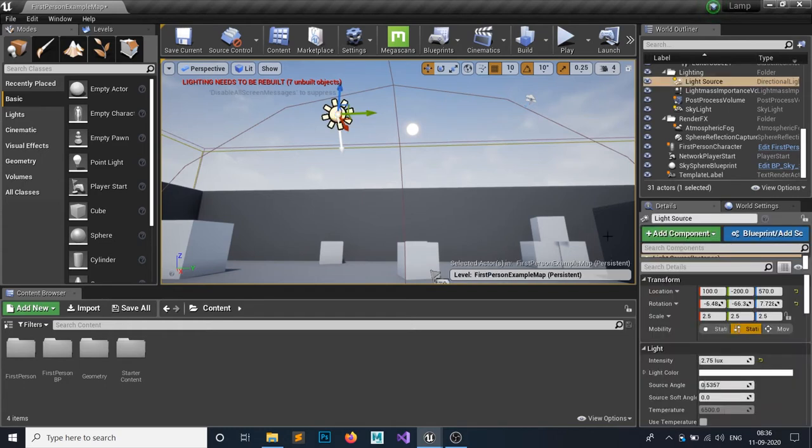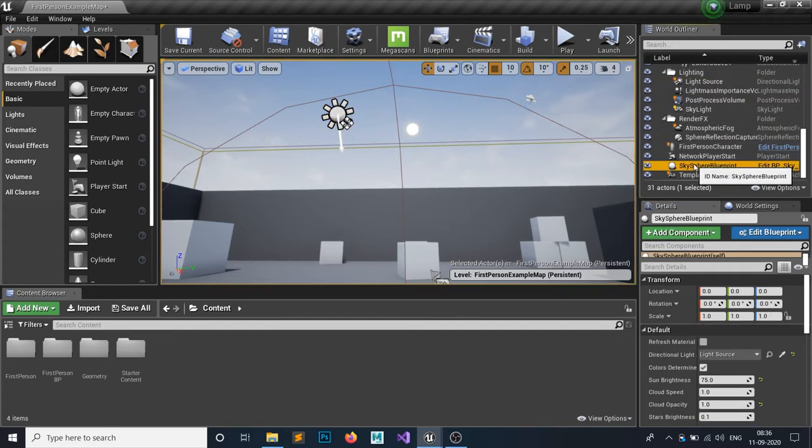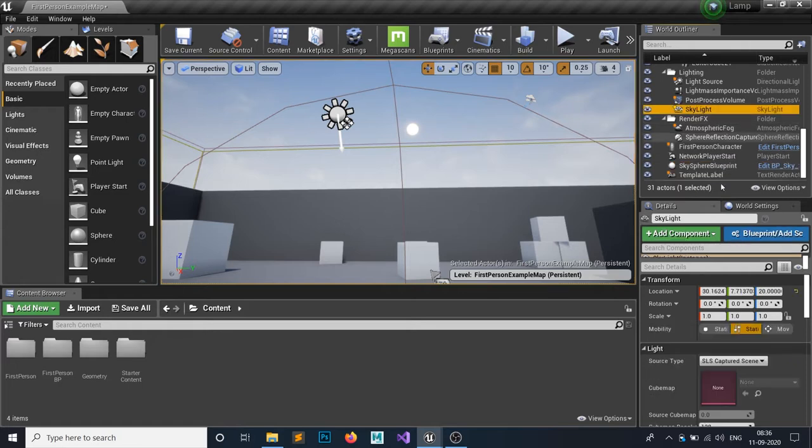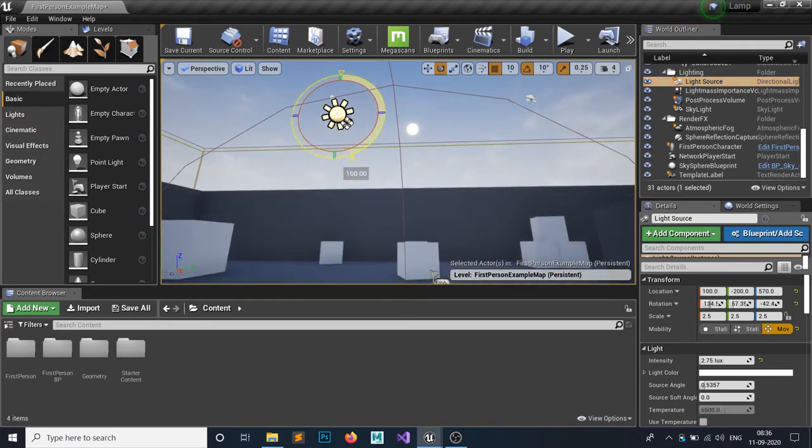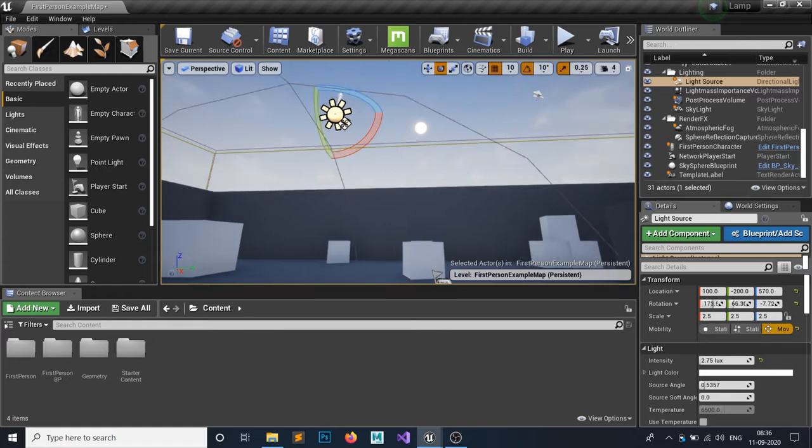First click on this light source and make it movable, and after that in here you're gonna see a skylight. Where is the skylight? Okay, so you can see this skylight, make it also movable, and rotate this skylight up, so our sun is gonna spawn up.